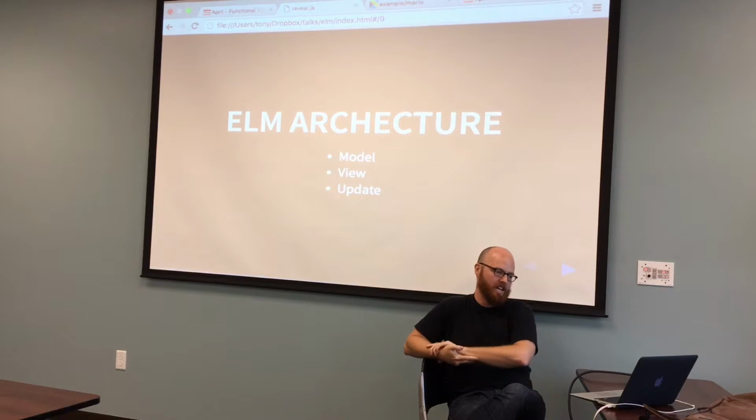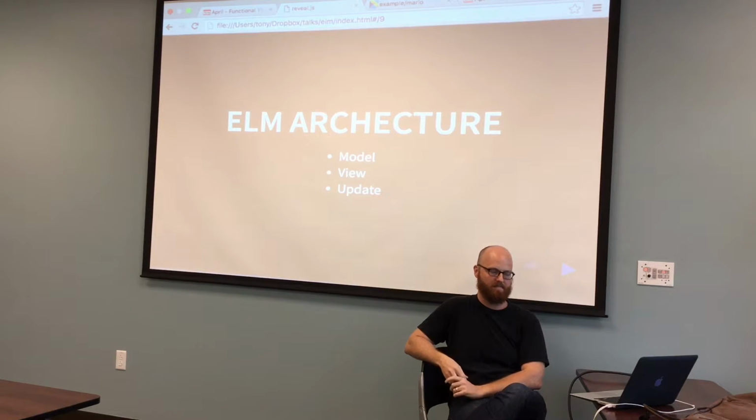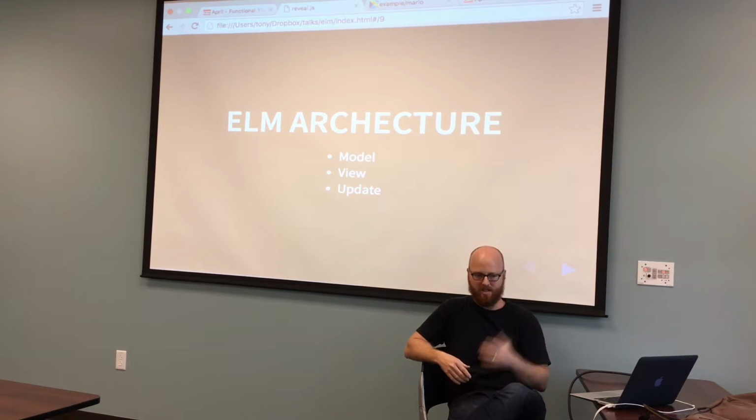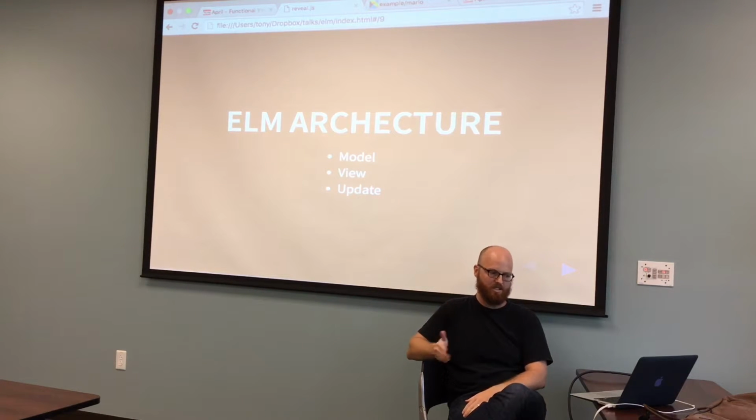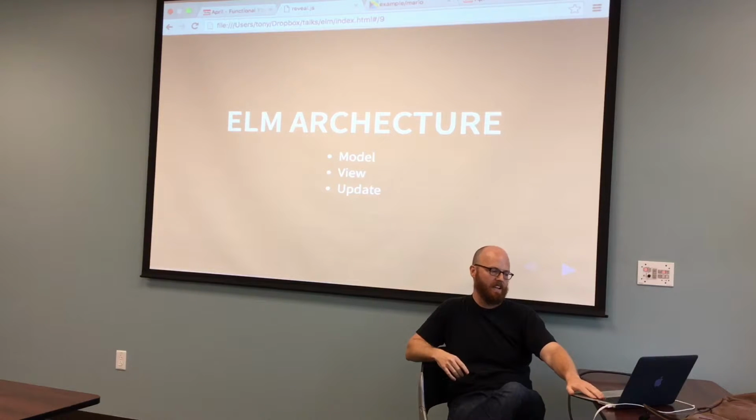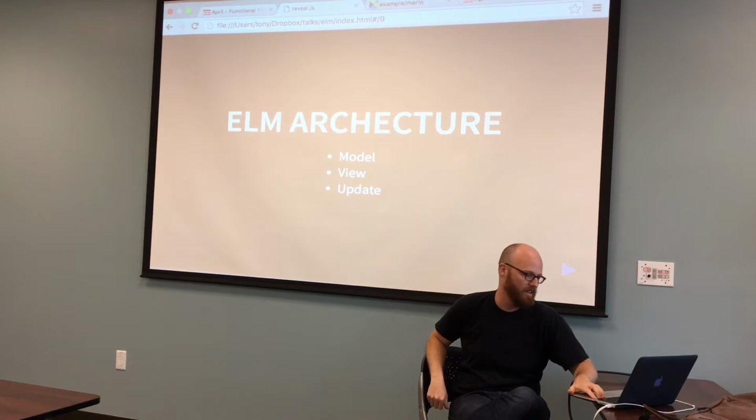So you've got your model, which represents some sort of business logic, or the representation of some kind of entity. And then you've got your view, which maps a model to an expression of a UI that exists. In very much the same way of React, where it's data in, data out. If you have this particular model that's being exercised, then every single time you're going to get this same representation of the view. And then the update is basically, like, if you're familiar with Redux, it is your reducer pattern.